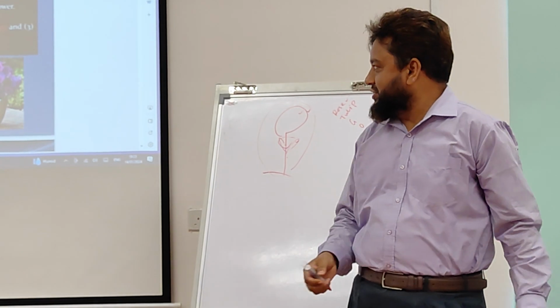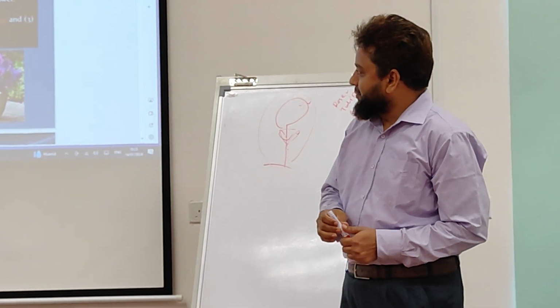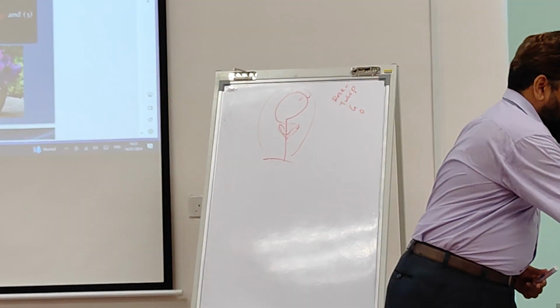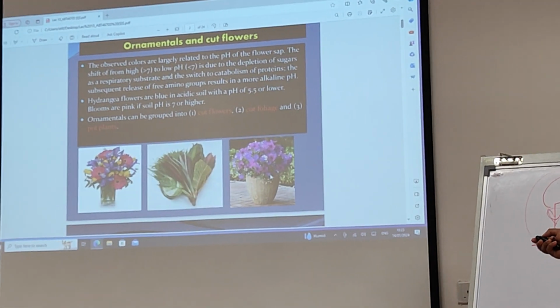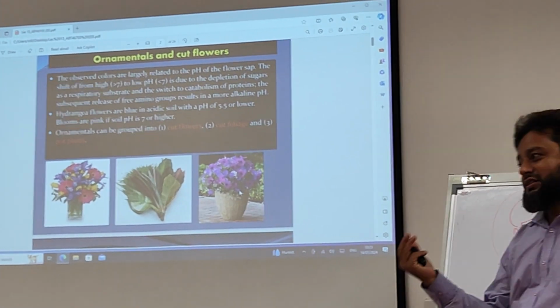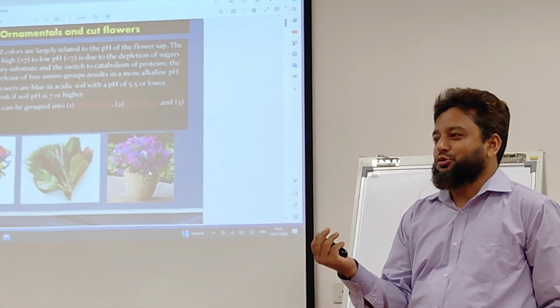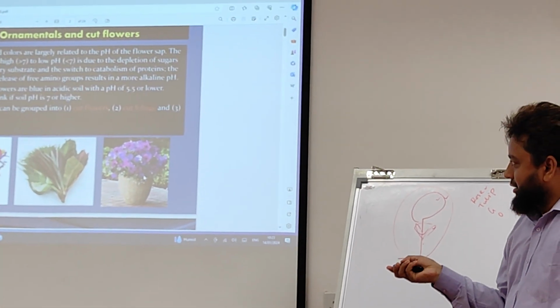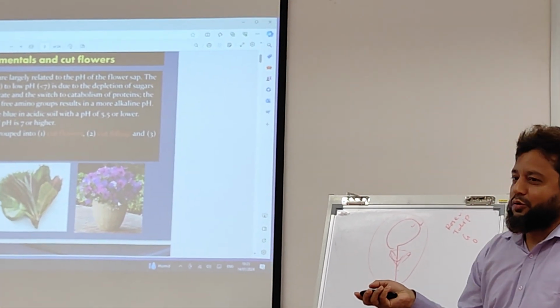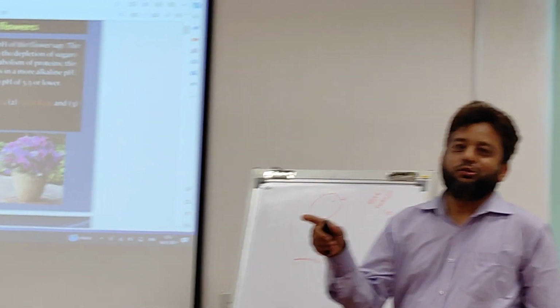Here we can see there are some nice leaves. Okay, right? So if it looks like this, then we can call it a foliage plant. It means we just use the leaf. Why? Because the leaf looks nice. The leaf is green or maybe yellow or blue, or some look like bands, okay,